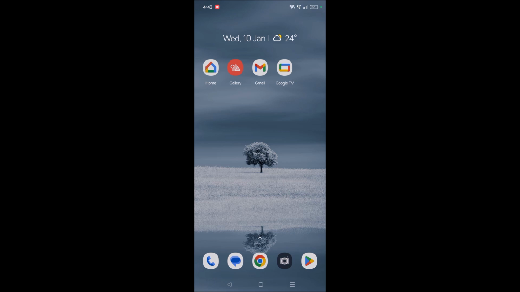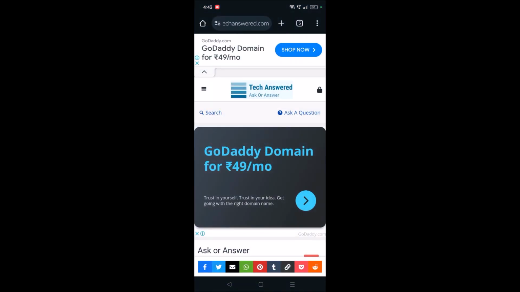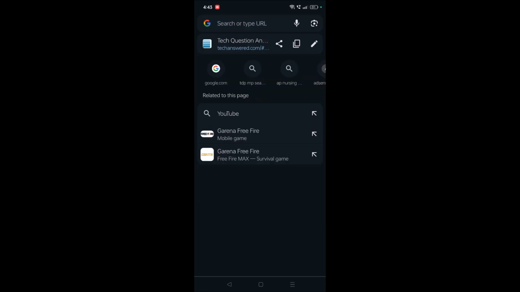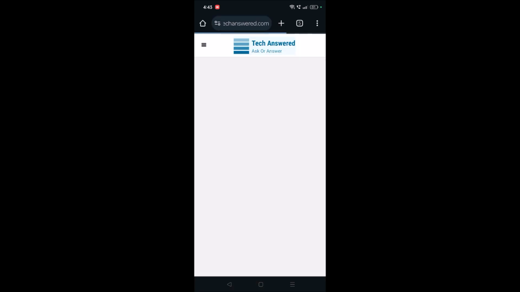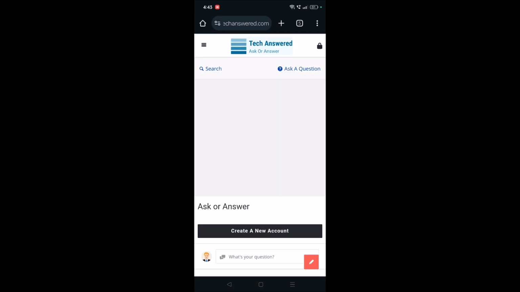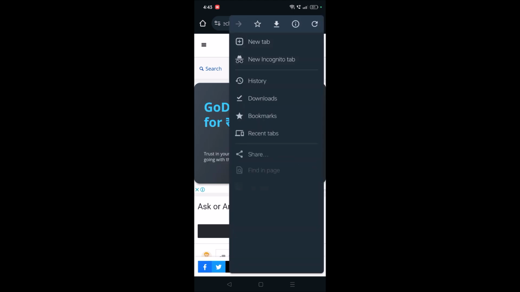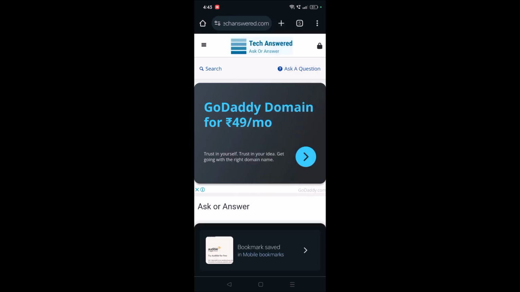I'll show you. Okay, open your Chrome, and for example, if you're searching a website, so Tech Answer, this is a tech related website. For example, first, when you want to bookmark this, you need to click on the three dots at the right top corner, and you need to click on the star mark. So once you click on the star mark, see here,